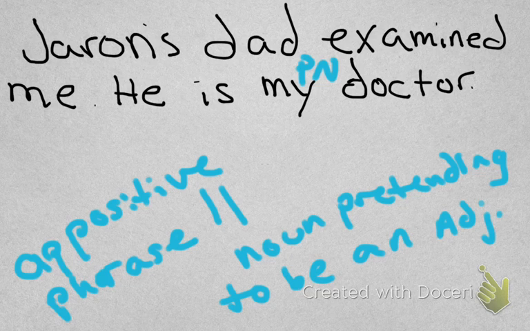So what I want to do to get rid of the he is, because it doesn't create much voice from a writing anyhow, I'm going to get rid of the he is, and I'm going to move my doctor, like we did with the participle phrase, up here, make it another sentence interrupter, so that I'm using a noun to describe another noun, which makes it an appositive. Right. And so then the new sentence will become,